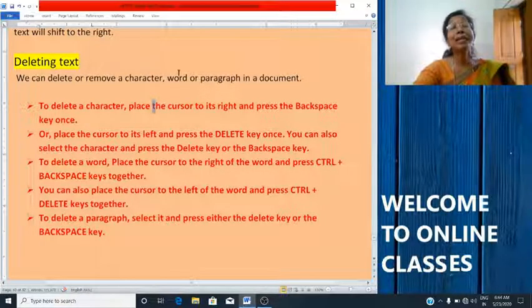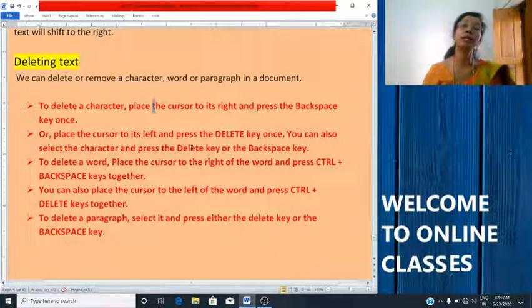To delete a word, place the cursor to the right of the word and press Ctrl plus backspace together.